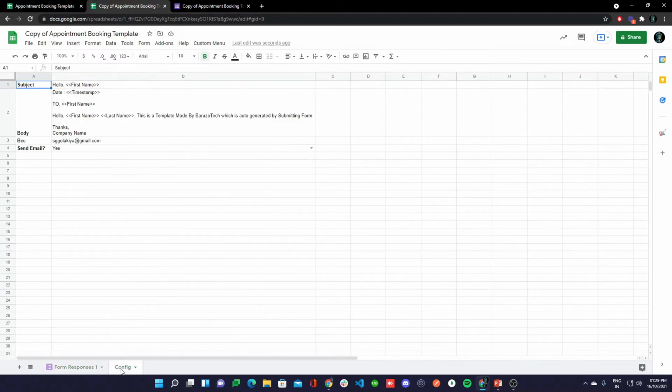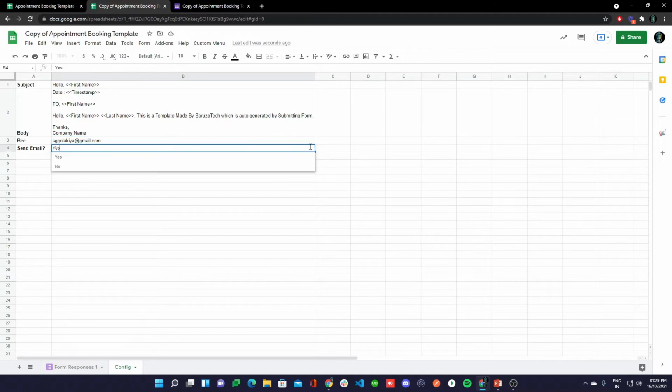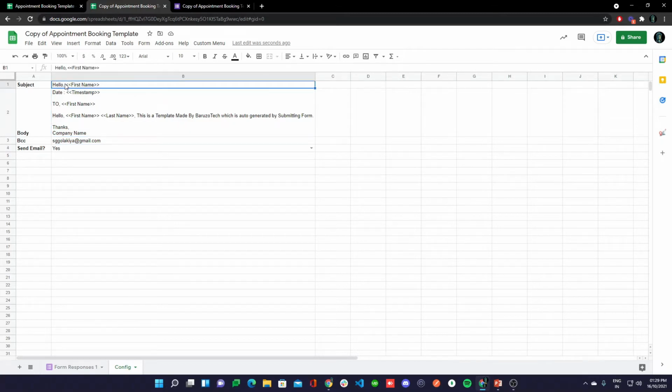And now this is the config sheet. So here you can adjust the things, like you can configure subject, body, BCC, and you can choose whether to send email or not when the user submits the form. And these are the placeholders we have used.